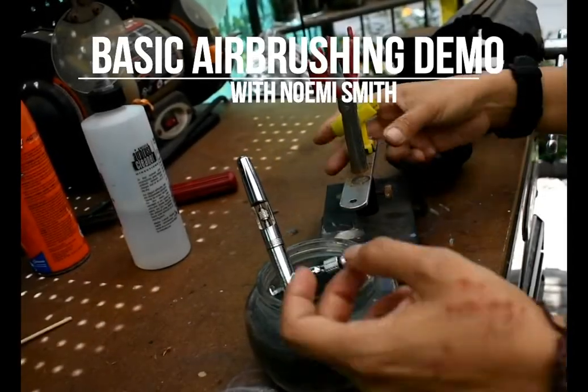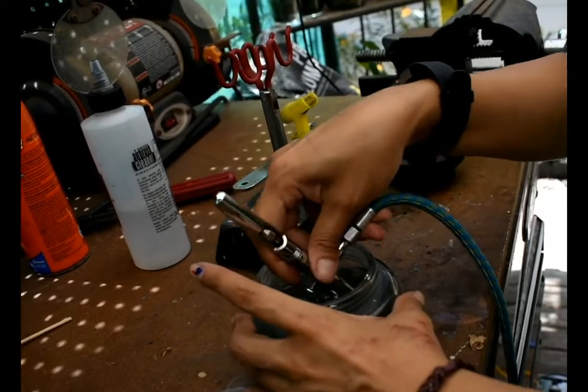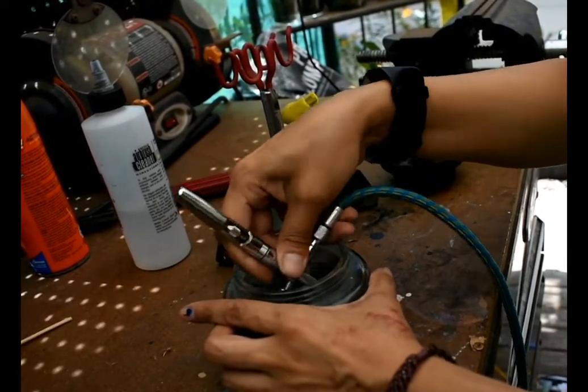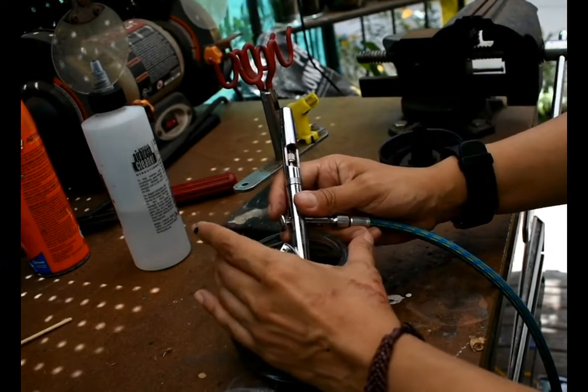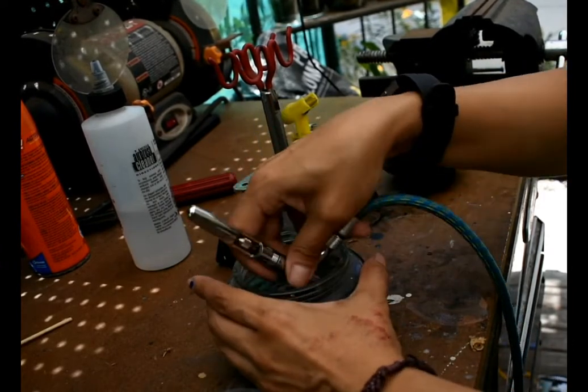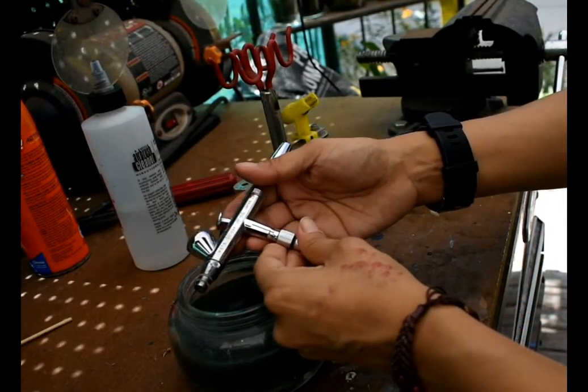Well, now that I was here working with the equipment, I was thinking I might as well just go with you through the airbrushing process and explain to you the most important part, which is the cleaning part. Okay, so this is the airbrush. This is an Iwata Eclipse